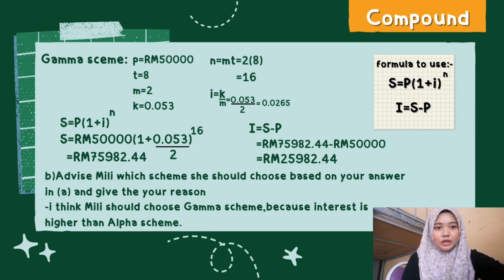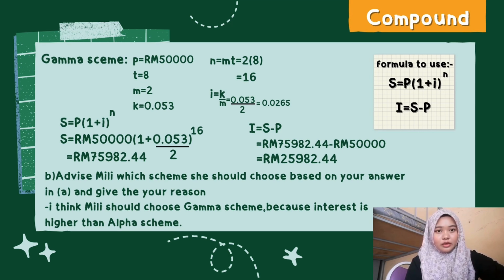Okay, next, the second plan: P equals 50,000, T equals 8, M equals 2, K equals 0.053, N equals 16, and I equals 0.0265. For S, we use the same formula, S equals P bracket 1 plus I bracket power of N. So S equals 50,000 bracket 1 plus 0.053 per 2 bracket power of 16. So we got